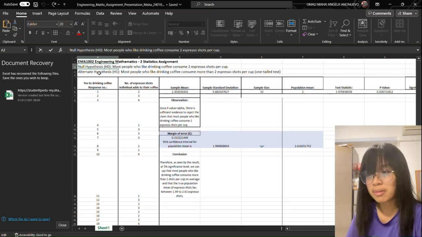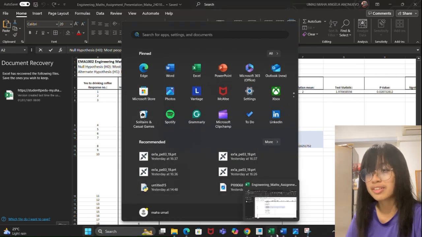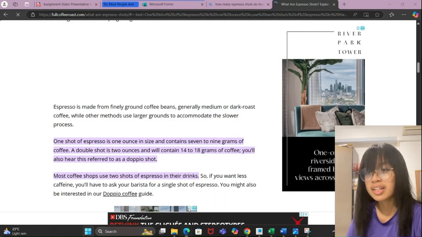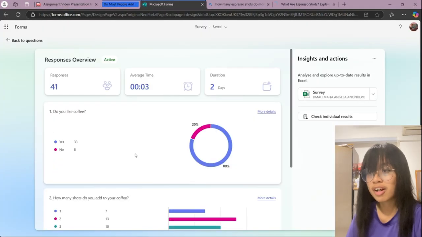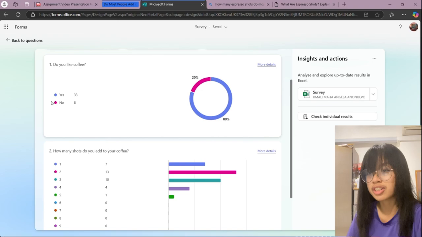Before conducting the hypothesis testing for the mean, it is essential to collect at least 30 data points through a public survey to use the central limit theorem. Hence, I opened a Microsoft Form to acquire people's preferences on the number of shots they usually add to their coffee. At the moment, there are 33 people who chose the option that they like coffee, so we identify this